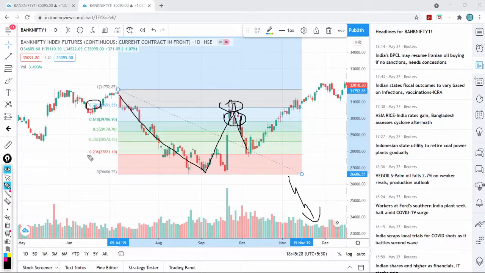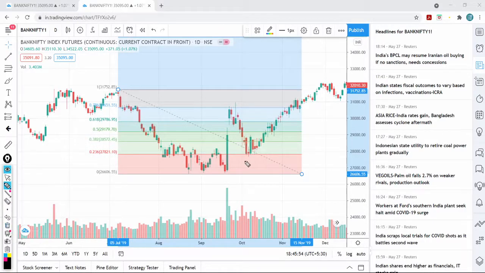Now, important to continue the trend towards the downside, what is required? Price has to cross 0.236 and it has to trade 7 to 8 trading sessions. What happened? Price is crossing and reversing back. It is not even spending 1 or 2 days. It is reversing back. Now look at this. On a downtrending move, this 0.236 has to be crossed and price has to spend 7 to 8 days below it. But it is acting as support.